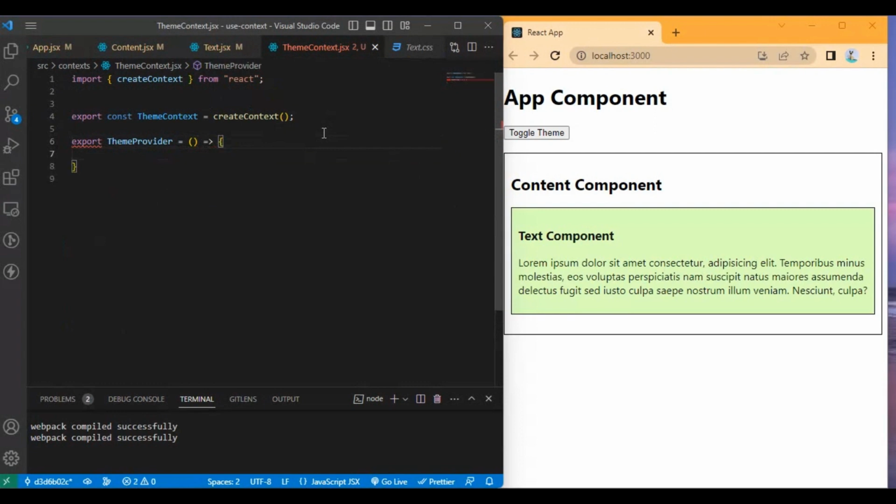To create a wrapper component, I can use the children prop here to wrap all the children in the theme provider component.